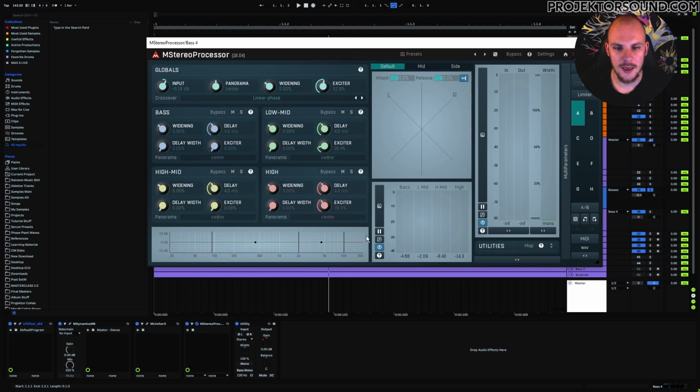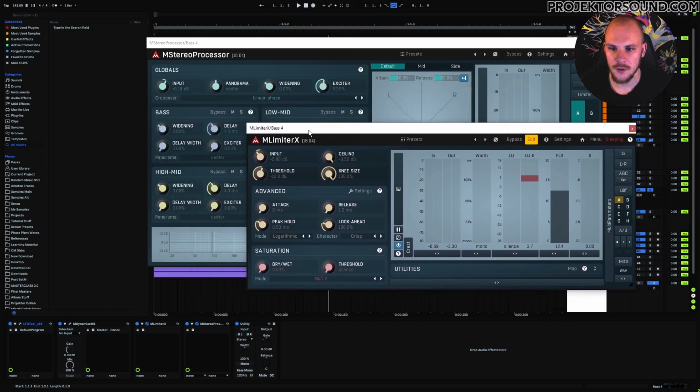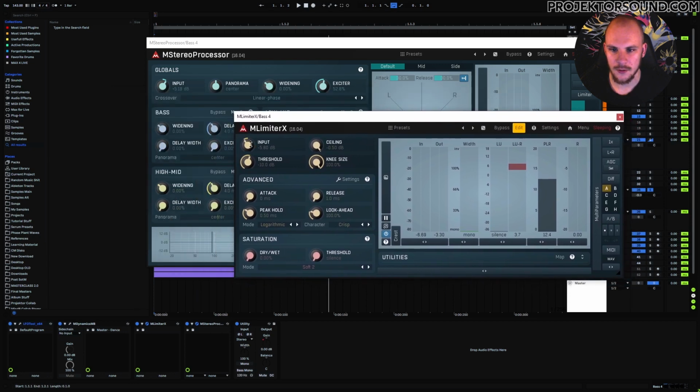And actually looking at the settings now, I can see that I'm mainly using it for its exciter, which is just kind of a saturation. You can see that I'm not actually touching the widening a lot, but I'm also inputting it back into here to make it louder. So I essentially limit it before, where I have the gain go down, and then I